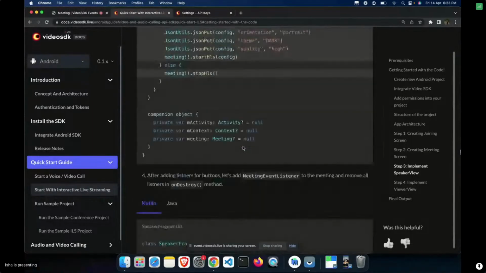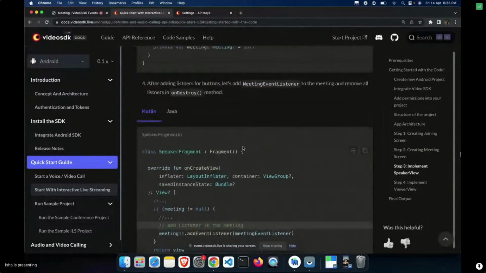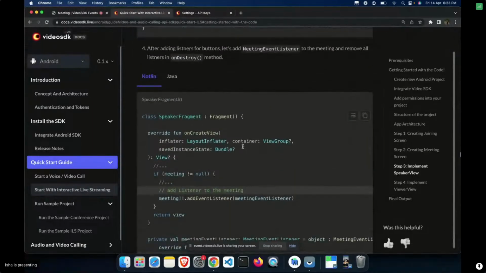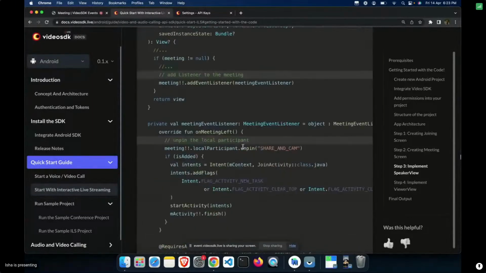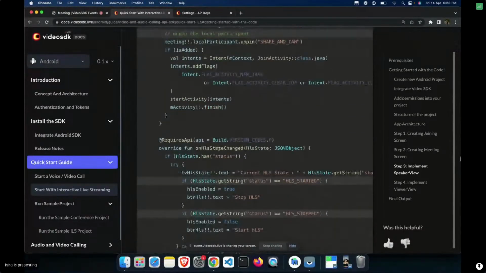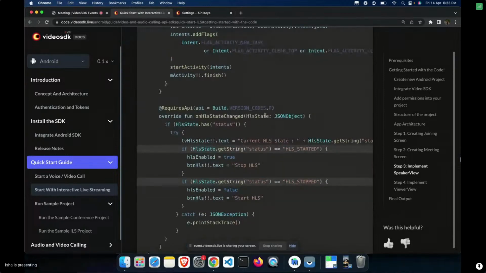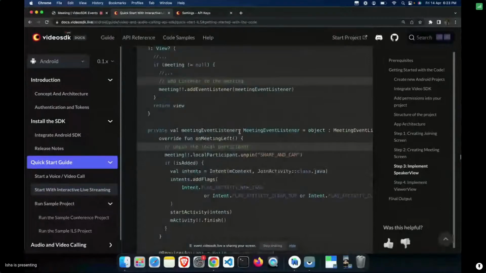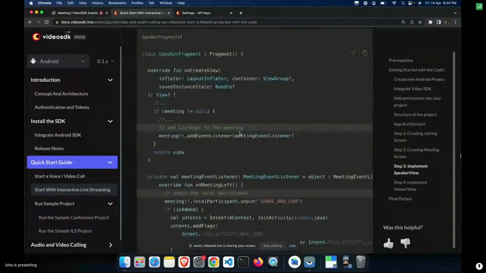After adding the listener for the buttons, let's add a meeting event listener, which will listen for the onMeetingLeft event and onHlsStateChanged event. The onHlsStateChanged event will trigger whenever the state of the HLS is changed. Okay, so let's copy this meeting event listener